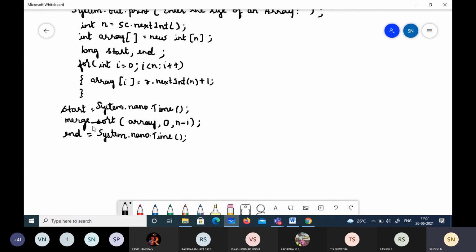Now we have to write a program for this merge sort. We have to write this function merge sort. So after this, we will just print the elements. The main program, we are just writing it out. Print the values after sorting.